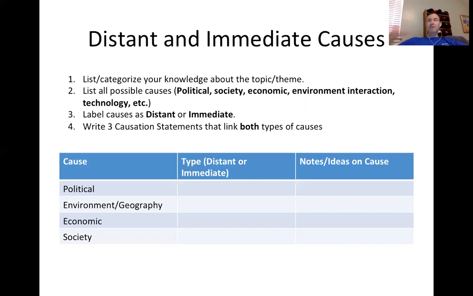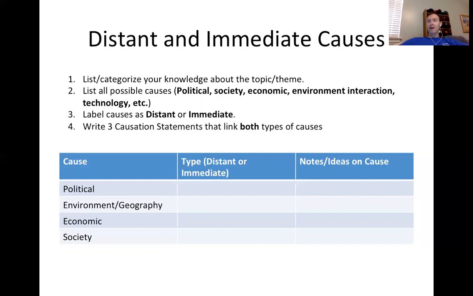And we want to be able to label, guys, and make a distinction between the type of cause, distant versus immediate. And you, the young up-and-coming historian, are going to have to make a decision on that. Would distant be something that, for example, if you're looking at the effects of political development or religion, you could look at the immediate settlement of, let's say, Plymouth, and you're focusing on the idea of self-government and how the Mayflower Compact established that immediately,